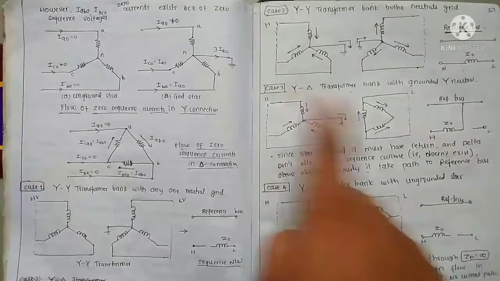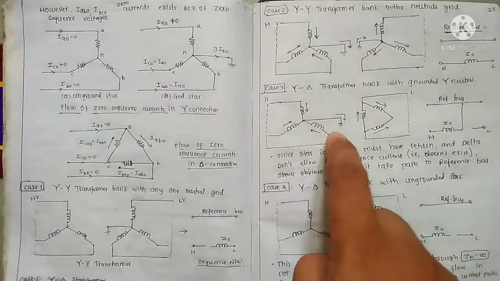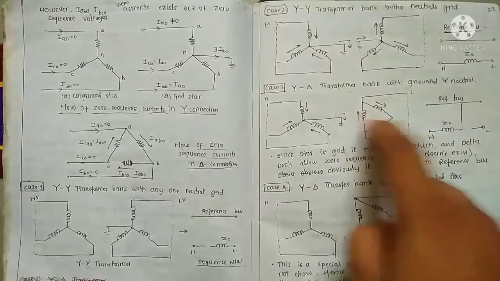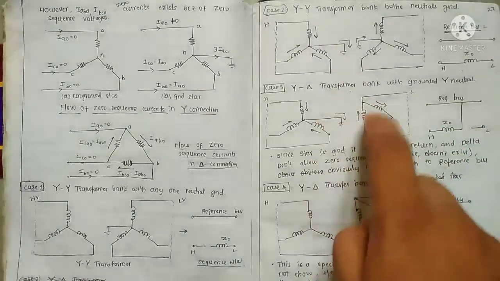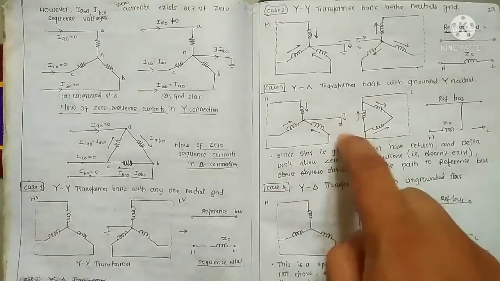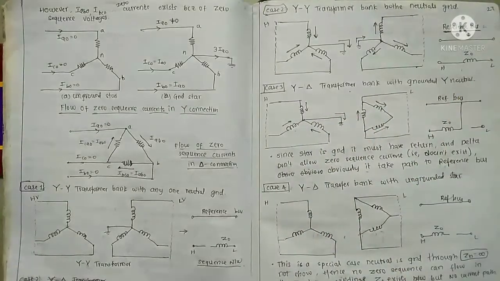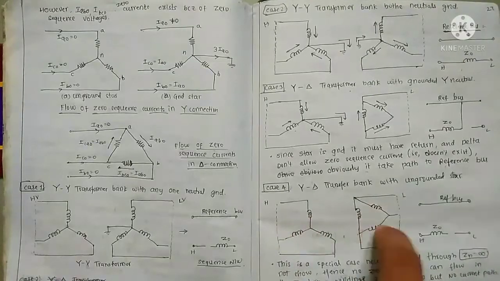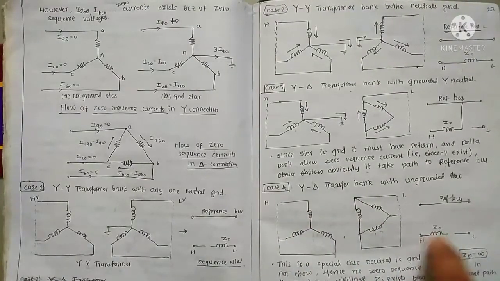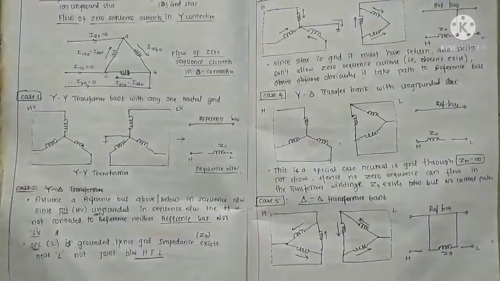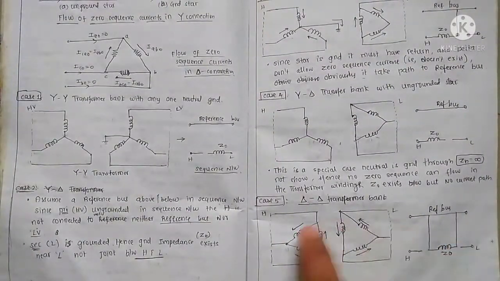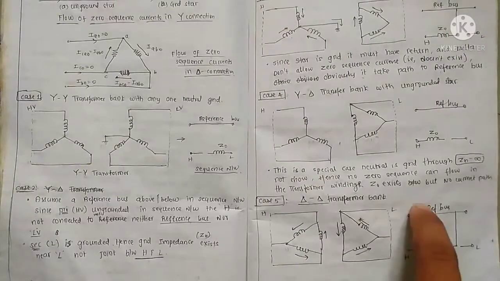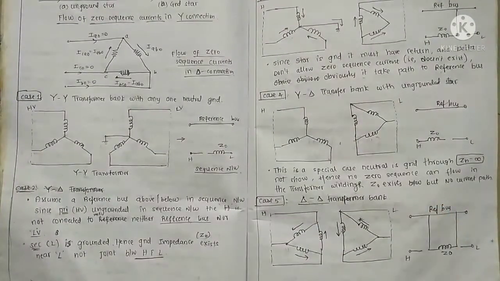This is the reference bus. For star to delta, this is a star connection with a neutral, and this is a delta connection. In a delta connection, zero sequence components will be absent. Therefore there is no current flow from the secondary side to the primary side, and there is only the neutral connection, so we connect this to the reference bus. Here, for a star connection and a delta connection with no neutral connection, we disconnect these two, with no connection between them, and only the impedance is written. Finally, for delta connections on both the HV and LV sides, there is no connection between these two, and the Z0 impedance is connected to the reference bus. This completes the theory part of this module.